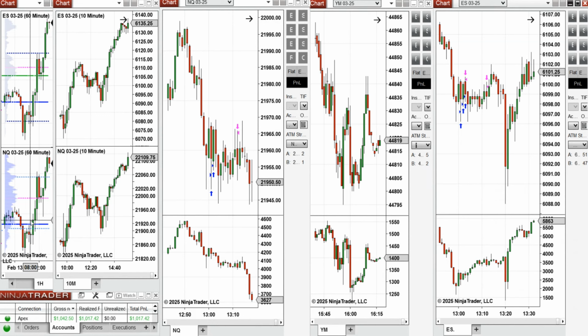Then it recovered and passed this level pre-market, and by looking at the 10-minute macro chart, we see that after the New York market opening and the economic news release, there was some high volatility and price fluctuated at this level, and finally buyers came back and passed this wide range bar and became bullish.